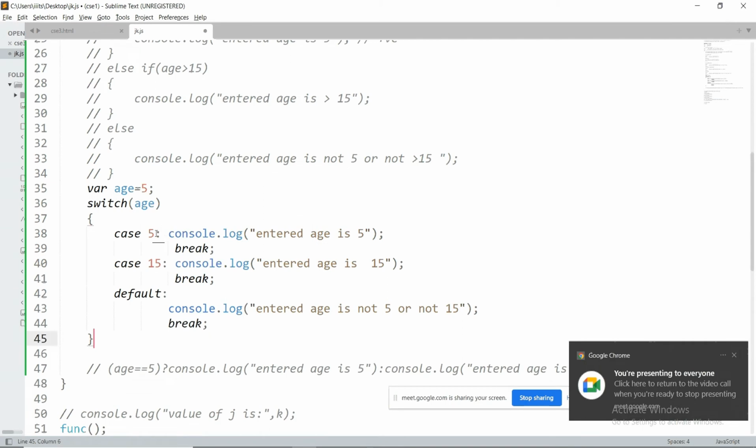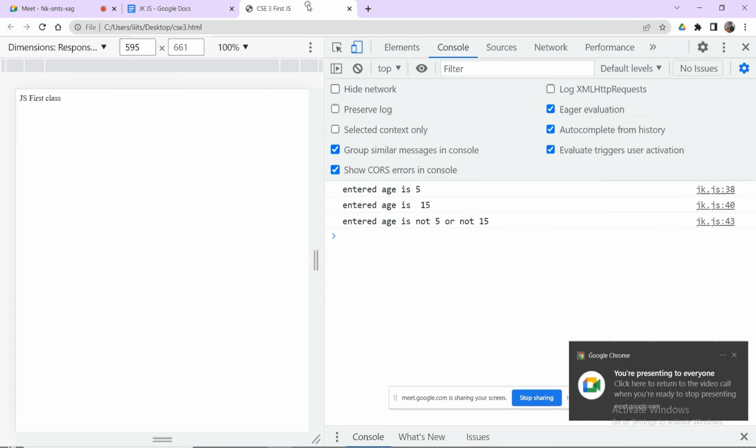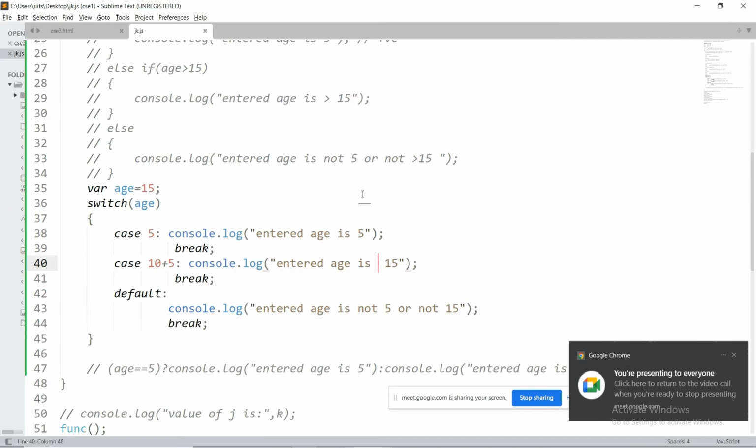For example, guys, can I write like this? 10 plus 5. What answer will you expect now? Will you get entered age is not 5 or not 15, or entered age is 15? You will get entered age is 15, because expressions are also going to be evaluated here in the switch statement.